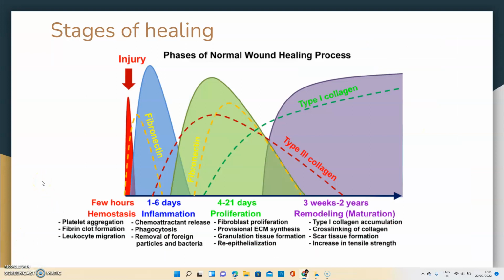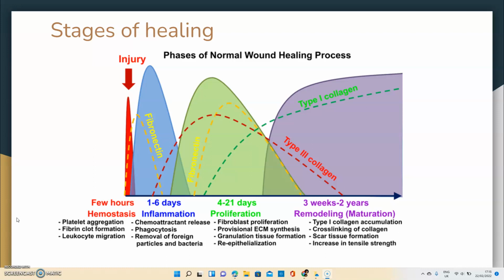Moving on to the stages of healing. The first stage of healing is the initial stage, which happens straight after the injury occurs. This is hemostasis. This is when the body goes into survival mode and prevents the loss of blood by creating blood clots. This stage begins within seconds of the injury occurring, all the way until the body can survive without it